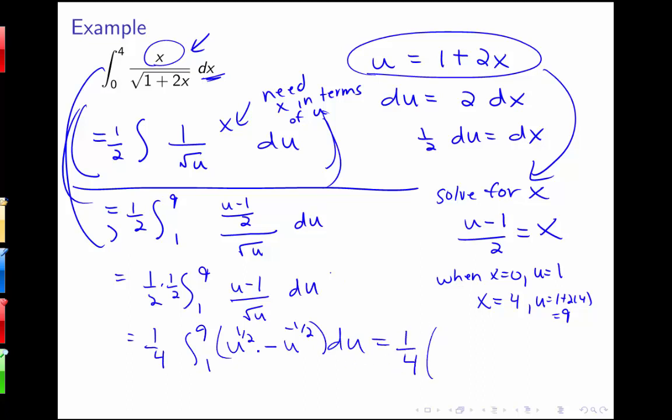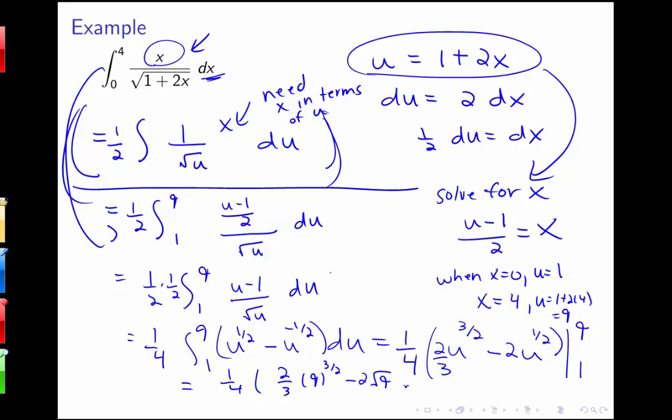1/4, and I need to do my antiderivative. So this is u to the 1/2 plus 1, so that's 3/2 divided by 3/2, which is times 2/3, minus u to the negative 1/2 plus 1, so that's 1/2 divided by 1/2, or times 2, and we're evaluating this from 1 to 9. So we've got 1/4, 2/3, 9 to the 3/2 minus 2 times the square root of 9, minus 2/3 minus 2. Okay, so that's going to be a bit of arithmetic to do, but if we work that all out, we should get the answer is